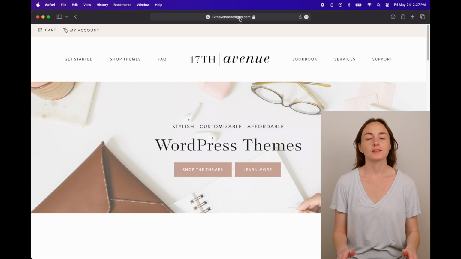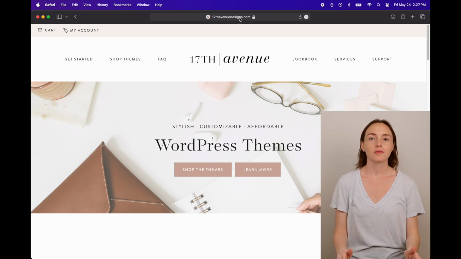There are a lot of companies out there that make templates, and the company that I use is called 17th Avenue. I think their templates are incredible. I think their websites look great. And for any new blogger, 17th Avenue is the way to go. So to get a template from them, you can go to their website. I'll link it below. Go over to Shop Themes,